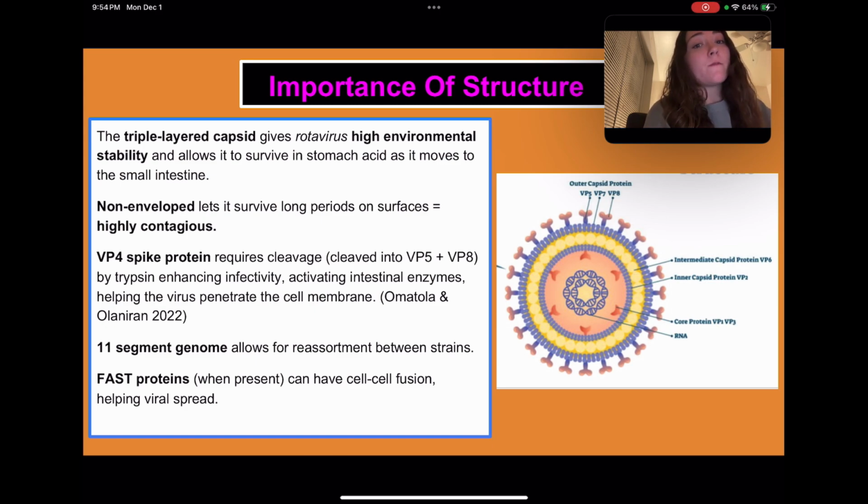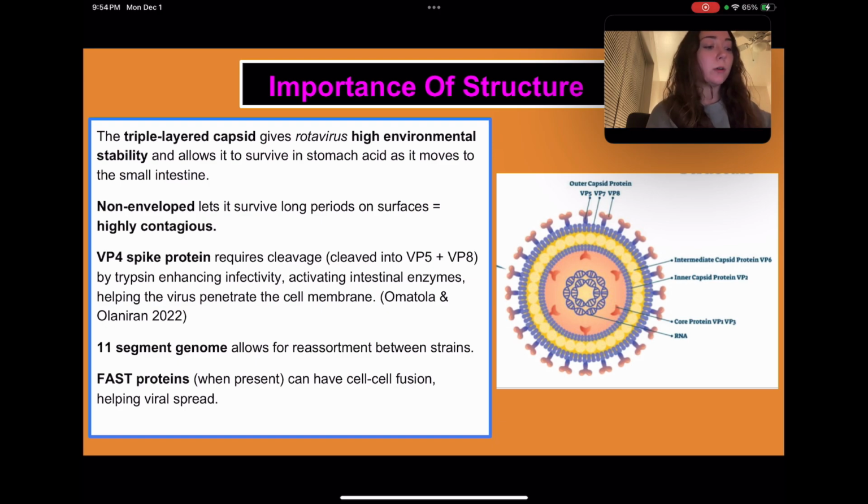The VP4 spike protein requires cleavage, which enhances infectivity, activates the intestinal enzymes, and helps the virus penetrate the cell membrane. The 11-segment genome allows for reassortment between the different strains, and Fas proteins, when present, can have cell-to-cell fusion,